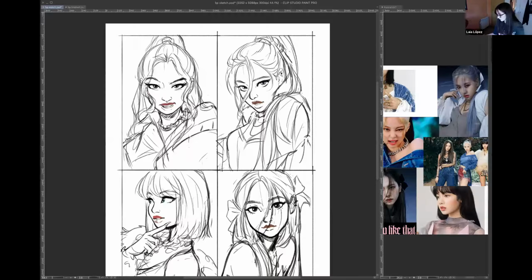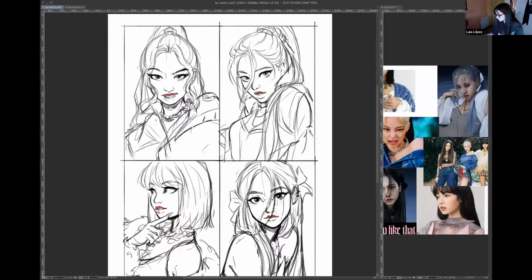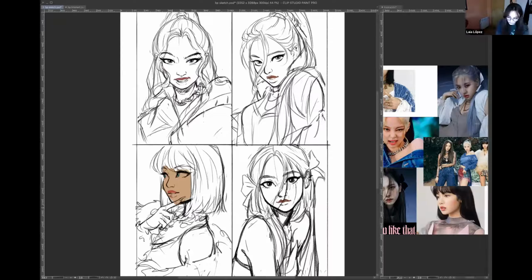Okay, I create a normal layer, and what I do is just start coloring. But you don't have to be super precise, because it's mainly to place the colors wherever they go. Like that's gonna be the skin, then maybe the hair. You can go over the line because it's a sketch and it's not defined or perfect. So it's mainly so you know how everything is going to look.